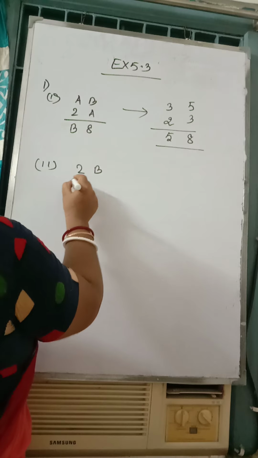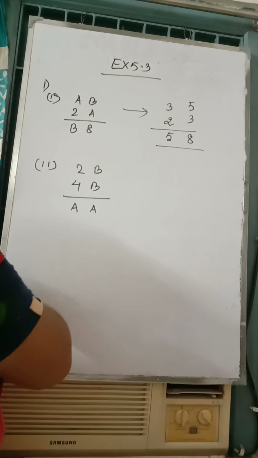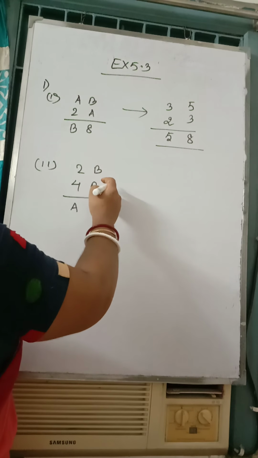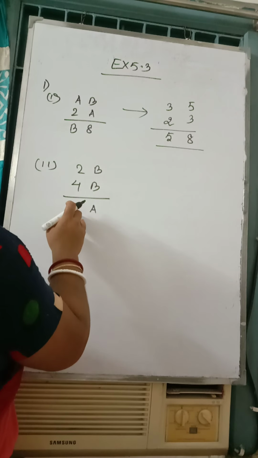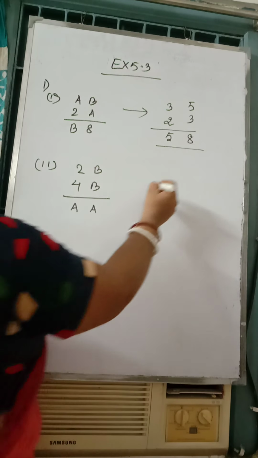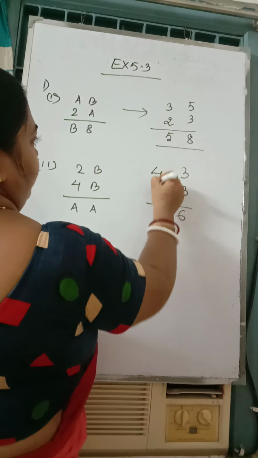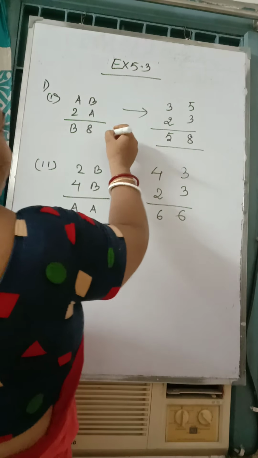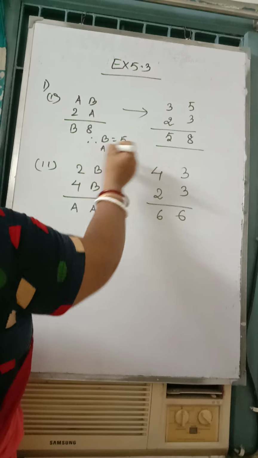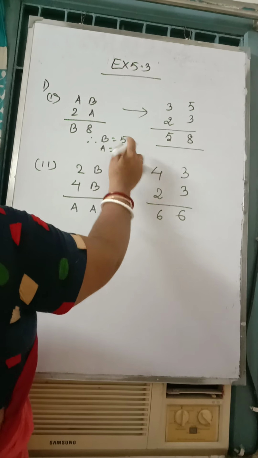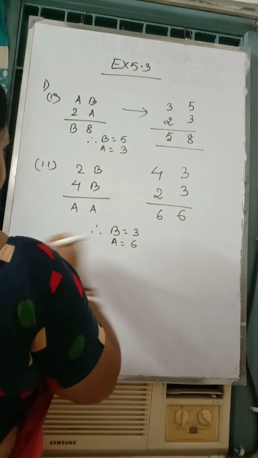2B. Here you have to use your brain, nothing else. Play with the numbers. The chapter itself is playing with numbers. Now you have a certain number; when you add it with itself, it gives you A. And in the second case, you are getting 4 plus 2, 6, is equal to A. So 6 divided by 2, that is 3. So B is replaced with 3. You get A means 6, and 4, 2, A means 6. So here you can write B is equal to 3 and A is equal to 6.